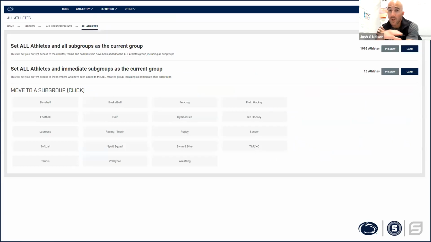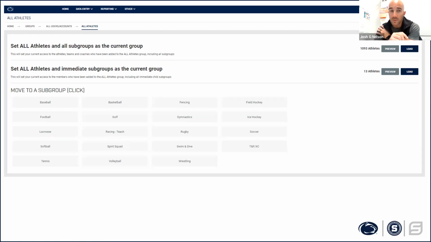Within the system, we've already put out a video on how to toggle between teams on a computer, and also on a cell phone. But to get to this screen, you're going to come up here to the top right-hand corner and you'll see your sports. If you click on that sport, in this case, football current, it will bring you to this page where you can click on the specific sport.